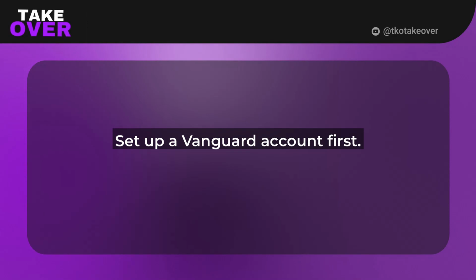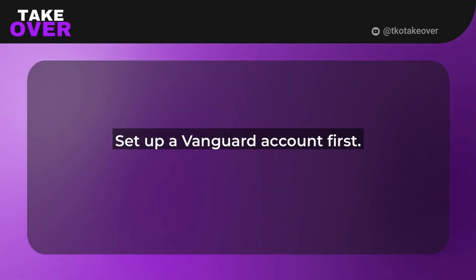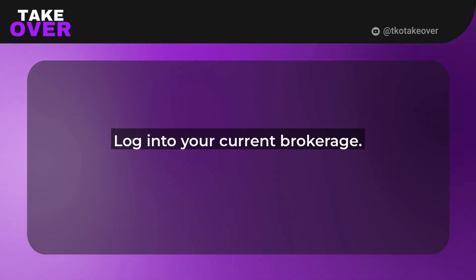Today, we're diving into a topic that's super useful if you're looking to switch or consolidate your investments. How to transfer assets to Vanguard. Vanguard is one of the most reliable platforms for managing your stocks, bonds, and funds, and transferring your assets there can save you time and potentially lower your fees. Whether you're moving from another brokerage or just optimizing your portfolio, I'll walk you through the steps in a simple,